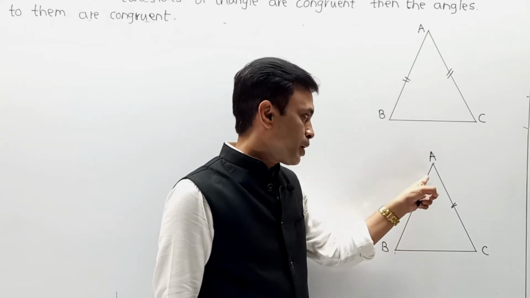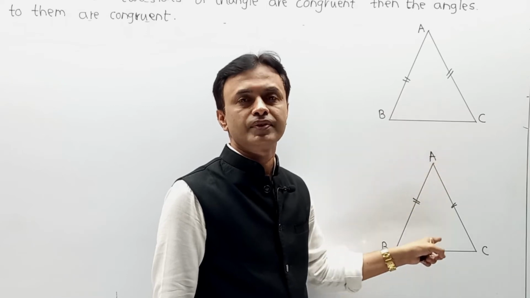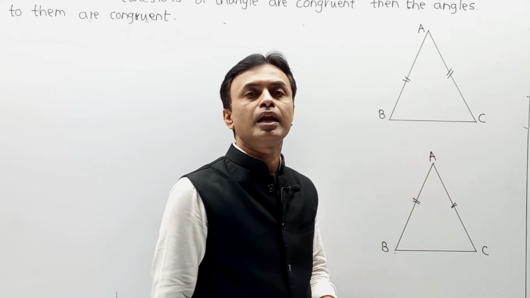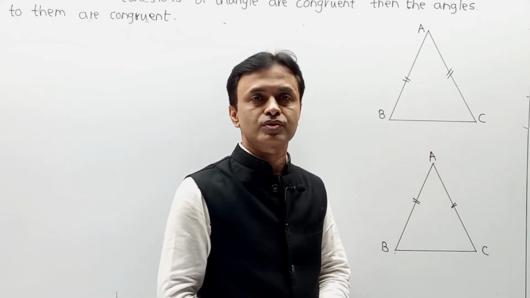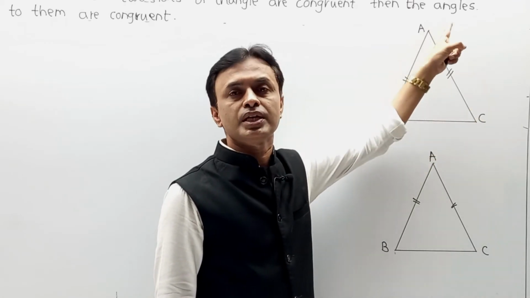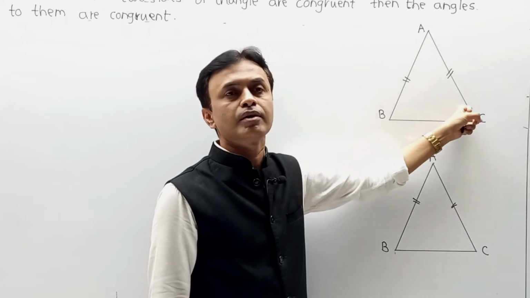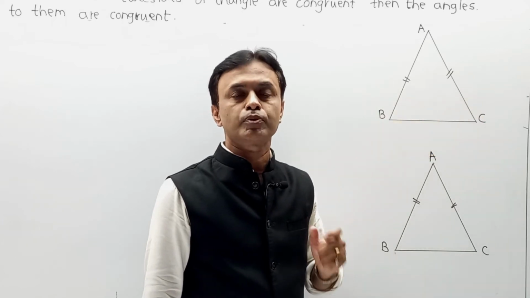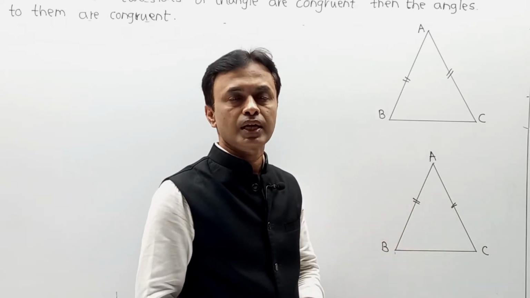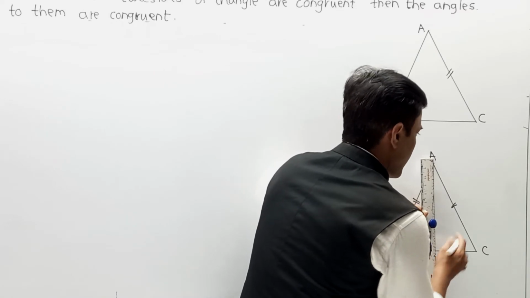For that, whatever be the value of angle A, if it is 30 degrees, then 15-15. If it is 40 degrees, then 20-20. Means we have to draw one angle bisector. And this is the construction. Means for a given part, we have only triangle ABC, where AB equal to AC, and you have to prove that angle B equal to angle C. This is the part up to given and to prove. And in construction we are going to draw one angle bisector.